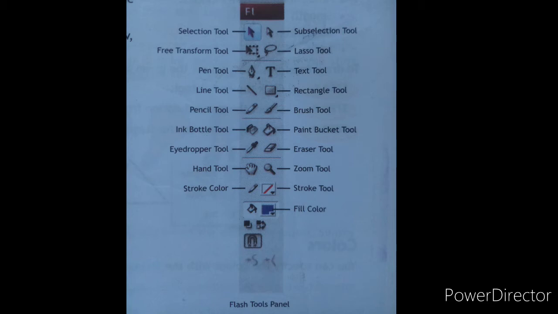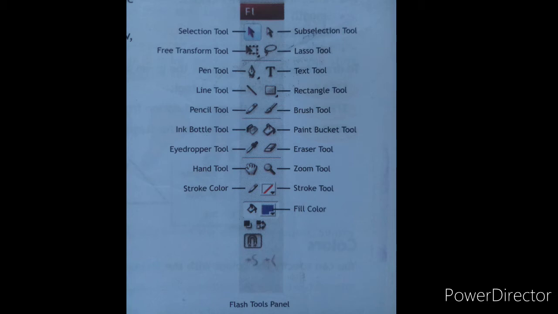The lasso tool is used to select an odd or irregular shaped area of your drawing. Next is the pen tool. The purpose of the pen tool is to allow you to draw exact paths as straight lines or smooth or flowing curves.